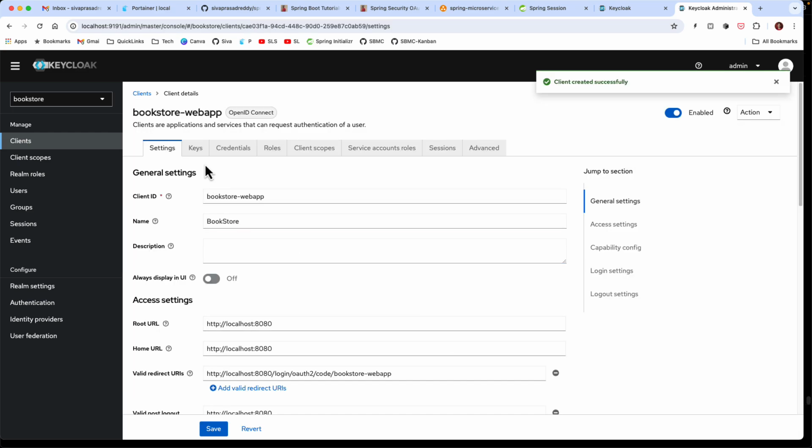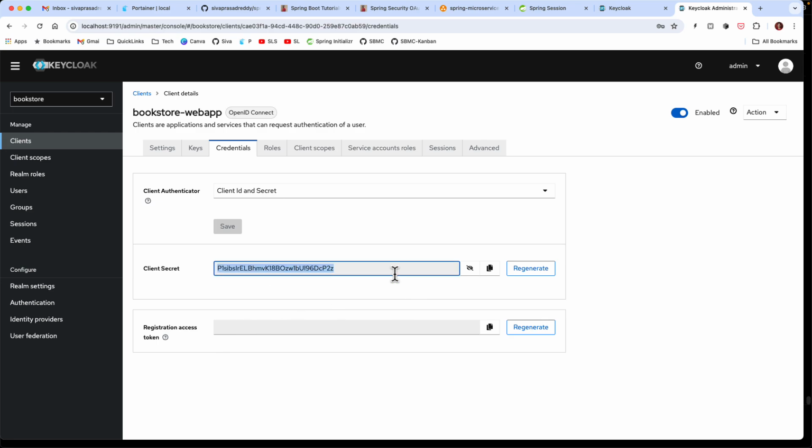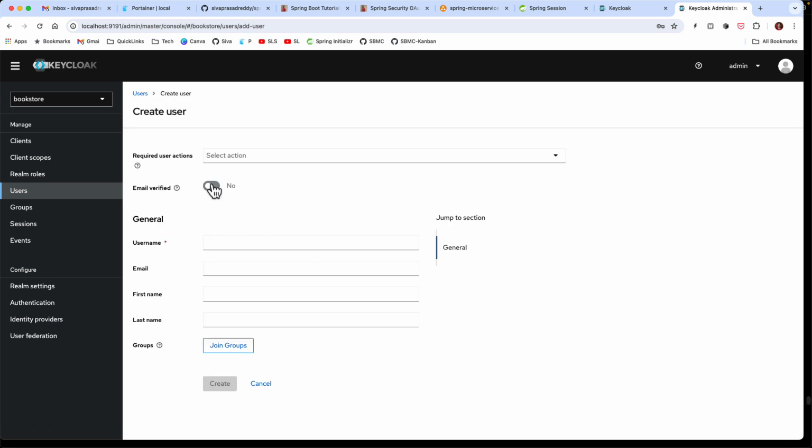So now it is created, but if you go to the credentials tab, you can see the client secret, and we can copy this somewhere, and configure the client ID and client secret, and then we should be able to log in using this Keycloak in our application once we configure. Before that, let us also go ahead and create a couple of users. I am creating a new user here, and I am enabling email verified. If not, it is going to try to send an email and you need to verify that. So I am just enabling this, and username is Siva and email is